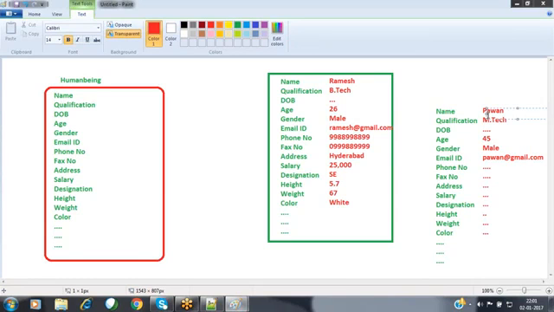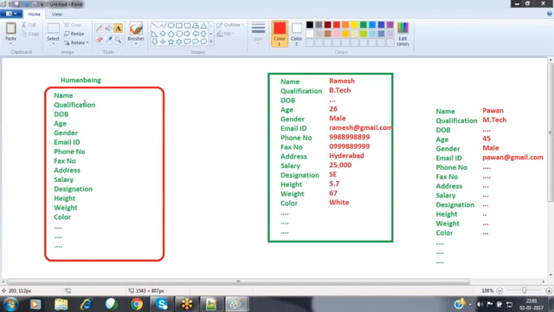Nothing but what happens when coming to the class: it contains a set of properties inside that. These are nothing but the members. These members may be variables, procedures, functions, or constructors. All these things we can place inside that. Now, when coming to a class, how many objects do we have? Multiple objects are available. One class can have n number of objects.